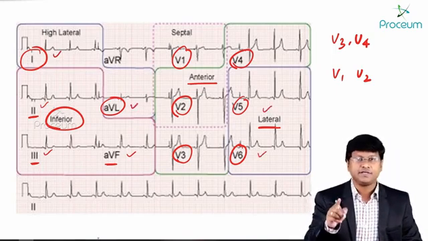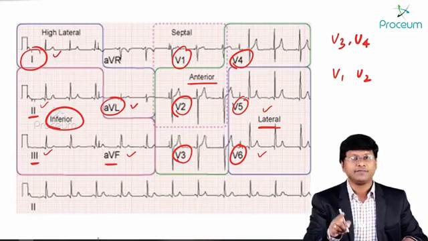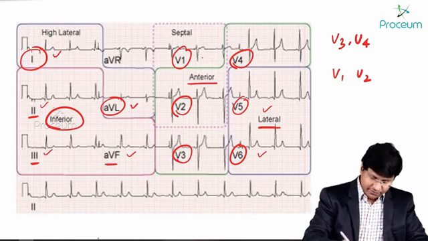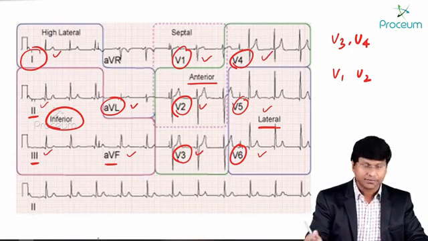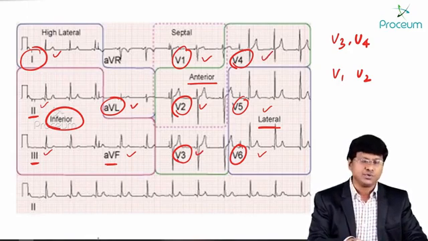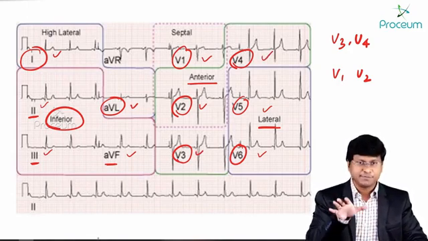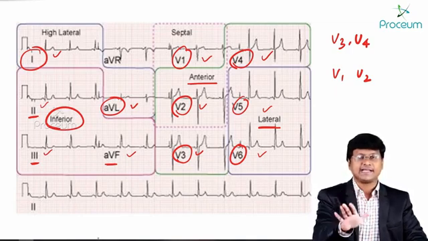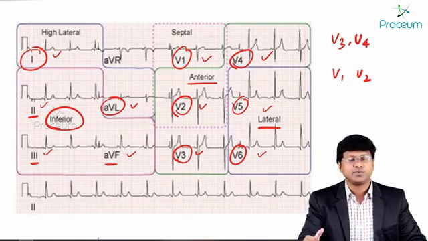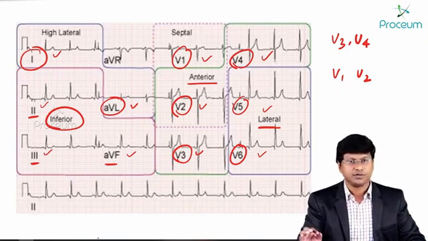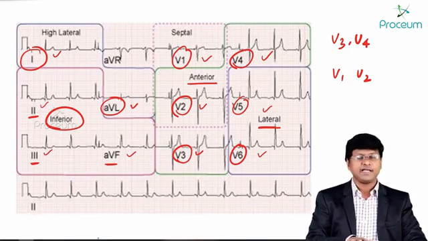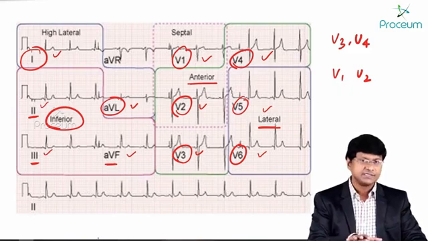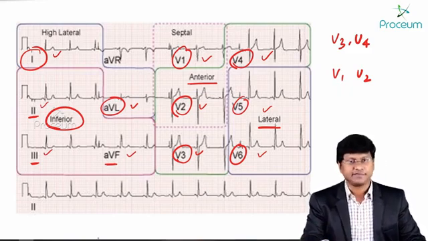For example, if the individual had an anterior wall MI, where will you have the changes? V1, V2, V3 and V4. Why we should know this is to make out where exactly the pathology is. Is it in the anterior wall? Is it in the lateral wall? Is it in the inferior wall? After having discussed the leads and their corresponding surfaces, now let me show you some ECGs with